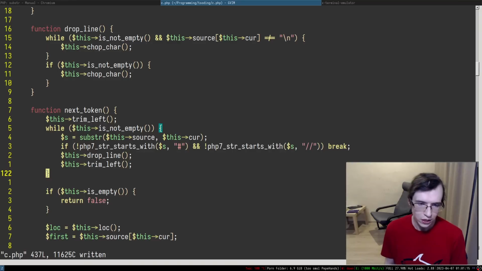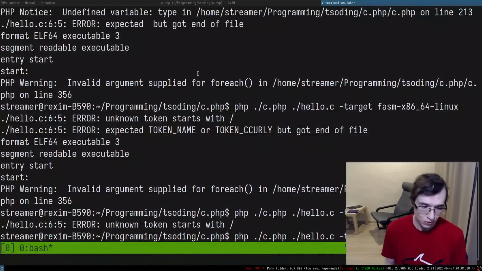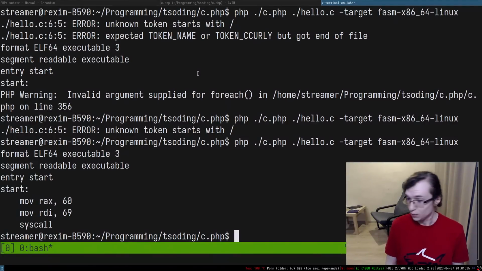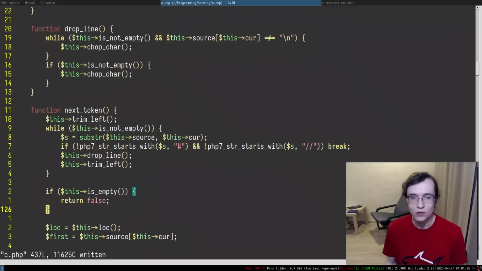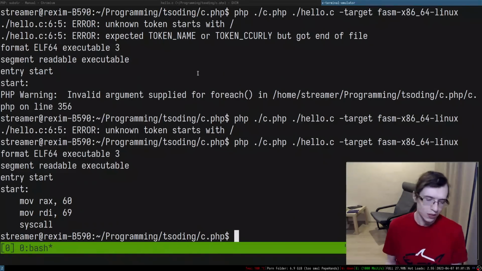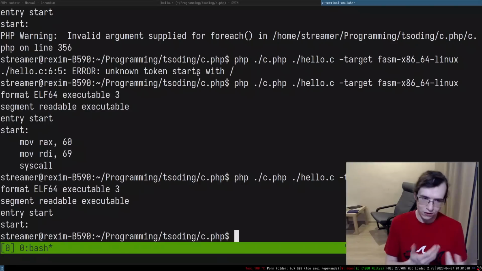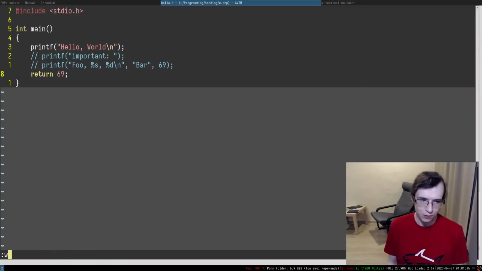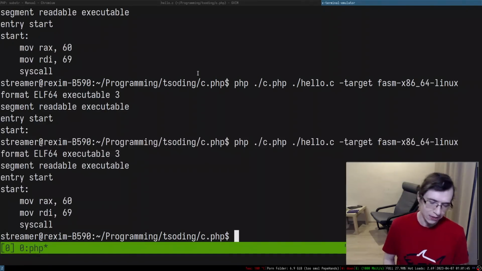Okay, guys, so we've got that. And essentially that means it just works, right? So now we have support for the comments. We can even check if it works correctly by modifying this entire thing and commenting out the return, right? Because one return equals one syscall. So as you can see, we remove the return, we have no syscalls. If we uncomment it back, we get the syscall.